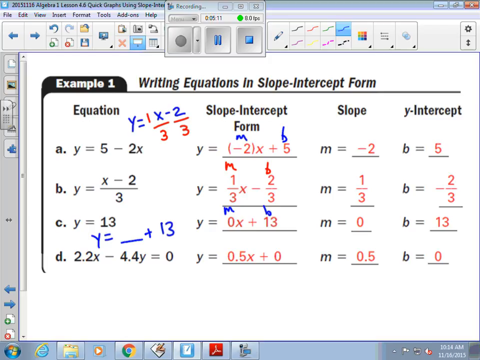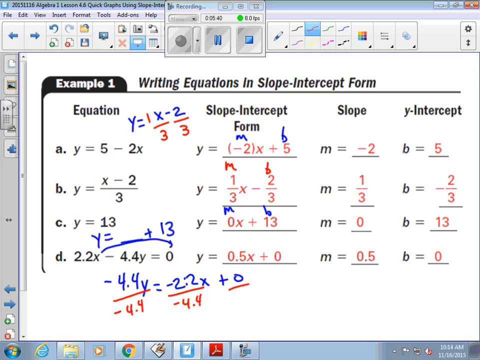Now, this one is not in slope-intercept form. It is written in standard form. So you have got to convert it to slope-intercept form. 2.2x, when it goes to the other side of 0, becomes negative 2.2x. Negative 2.2x plus 0. Then when you divide to get y by itself by negative 4.4, you do this by negative